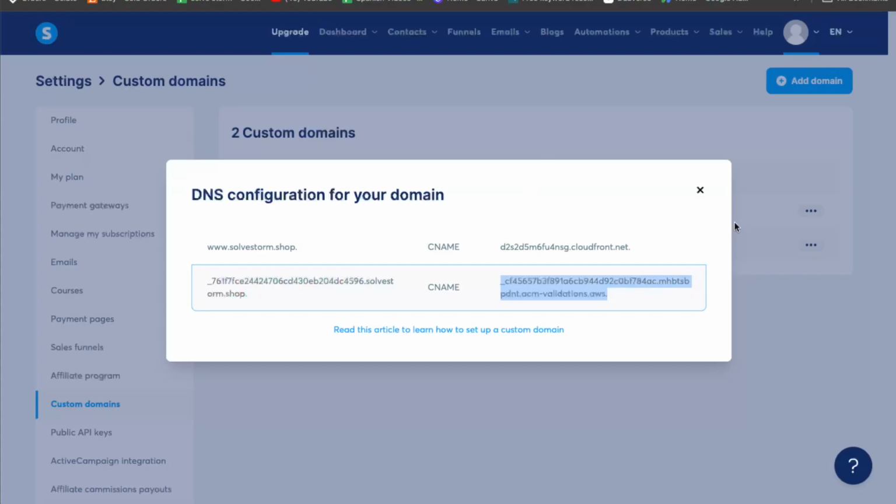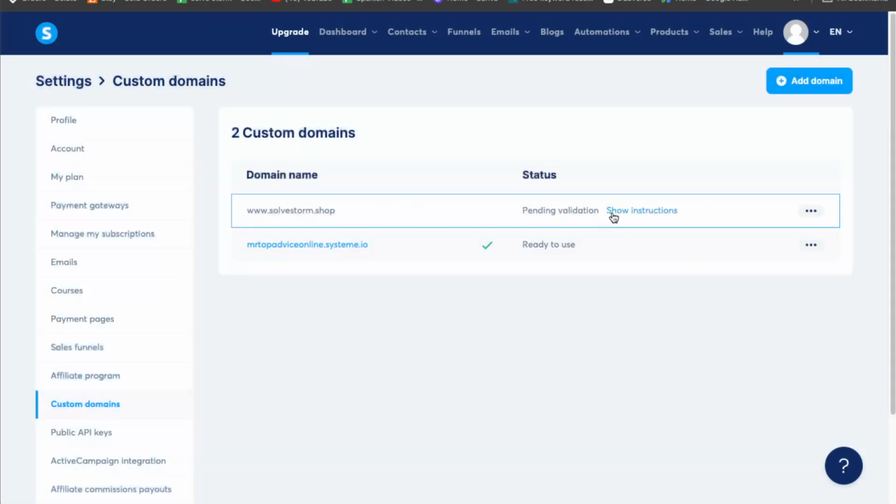Now on system.io, basically, it is pending validation. It may take up to 48 hours, I believe, to be ready to use status. But yeah, guys, that's how you connect your